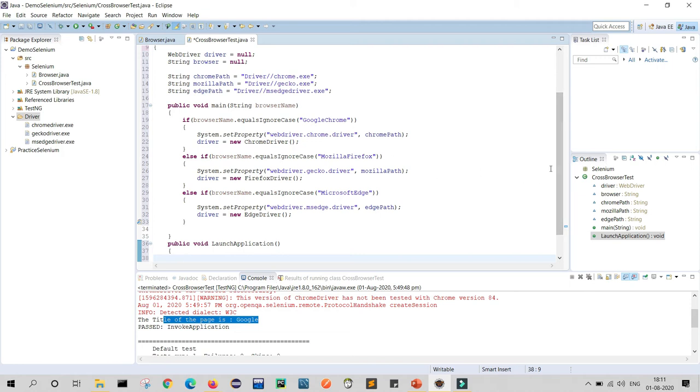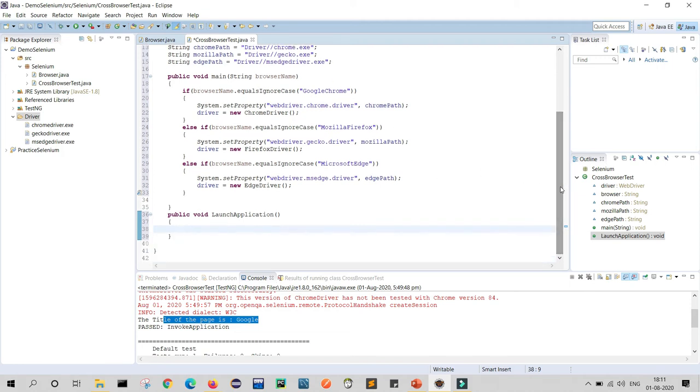In the place of main, this application is launched when my browser is selected. So in the place of main I will write invoke browser, and here I will define it, invoke browser, that is browser.